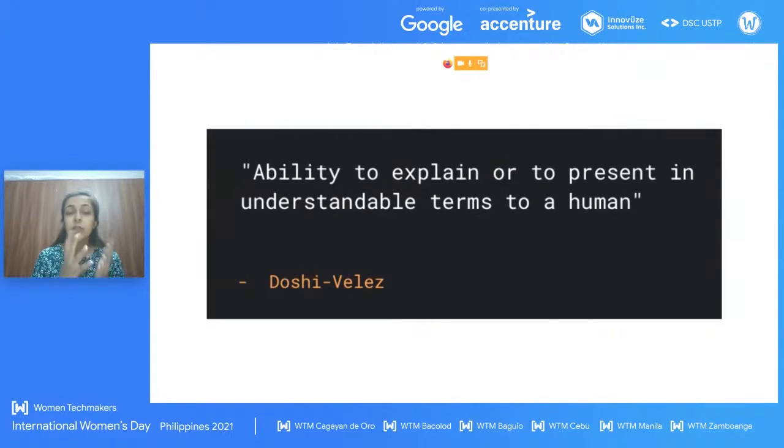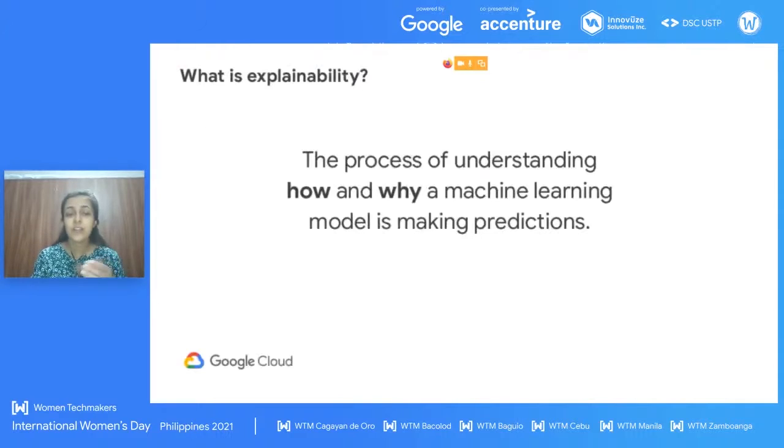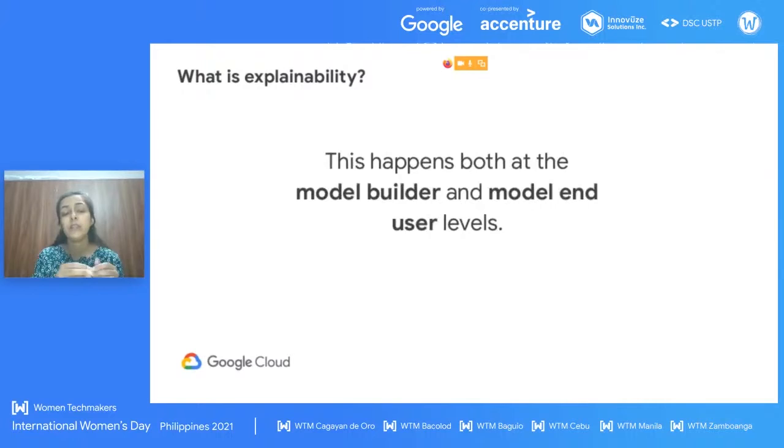Explainability is the ability to explain, or to present in understandable terms to a human, right? In simpler terms, explainability is the process of understanding how and why a machine learning model is making predictions. Why is it making the predictions that it's making, right? The same examples: why is it calling a cat, and why is it calling a dog? What is it really learning that helps it differentiate between the two? And explainability is